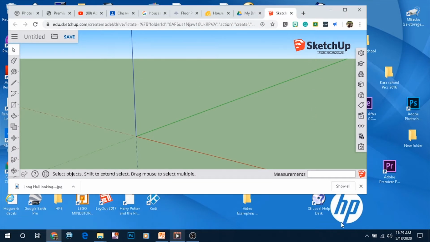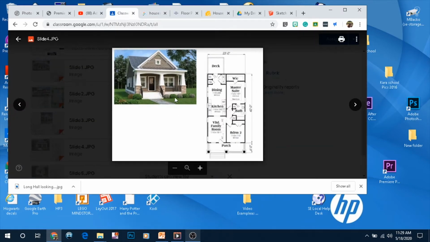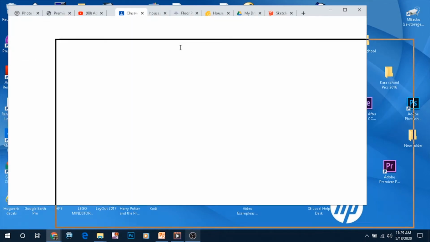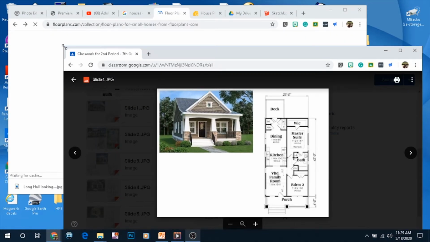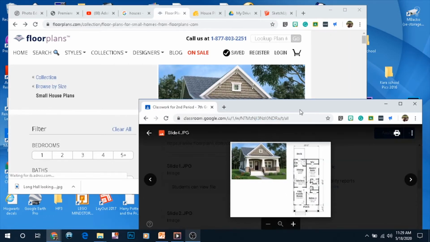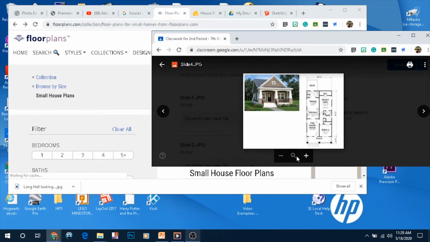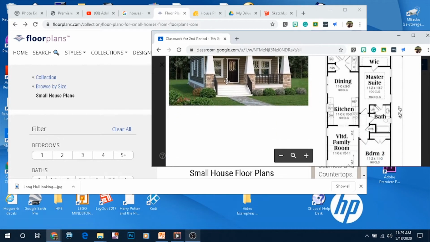And to do that, I can go ahead and find my picture. Where is it? Alright, so it's right here, right? So what I can do is grab this tab and just pull it out a little bit, and it should pop up over here. There we go. And now I have the picture here on the side of my Google SketchUp. And if I want to, I should be able to click on this and bring it in a little bit closer and things, but